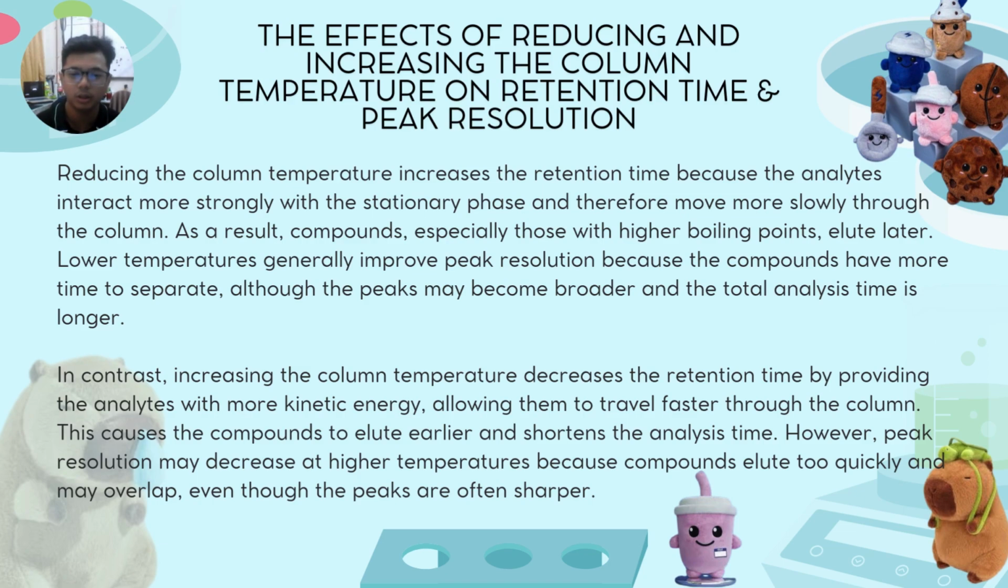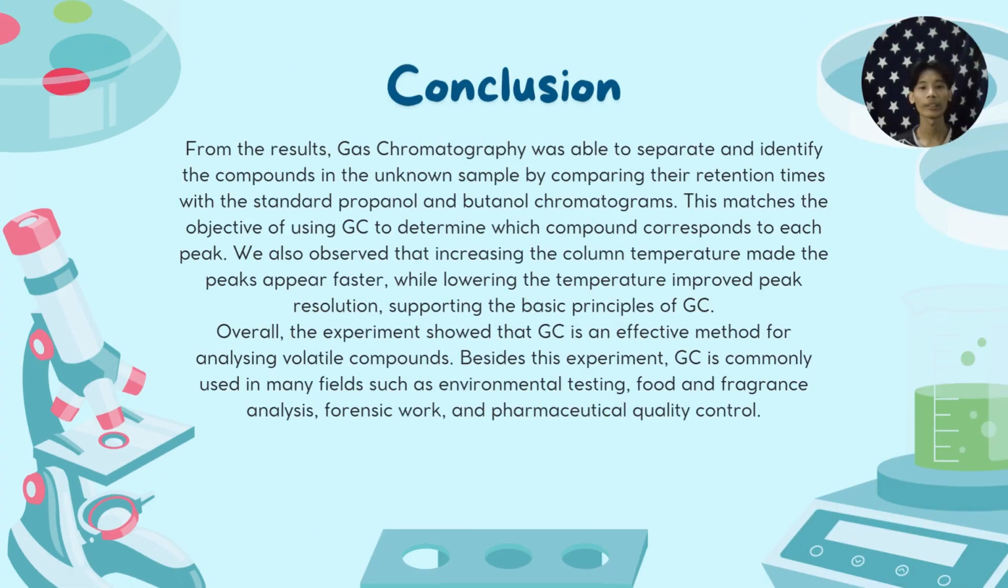In contrast, increasing the column temperature decreases the retention time by providing the analytes with more kinetic energy, allowing them to travel faster through the column. This causes the compounds to elute early and shortens the analysis time. However, peak resolution may decrease at higher temperatures because compounds elute too quickly and may overlap, even though the peaks are often sharper. This experiment showed that gas chromatography can effectively separate and identify the compounds in our unknown sample